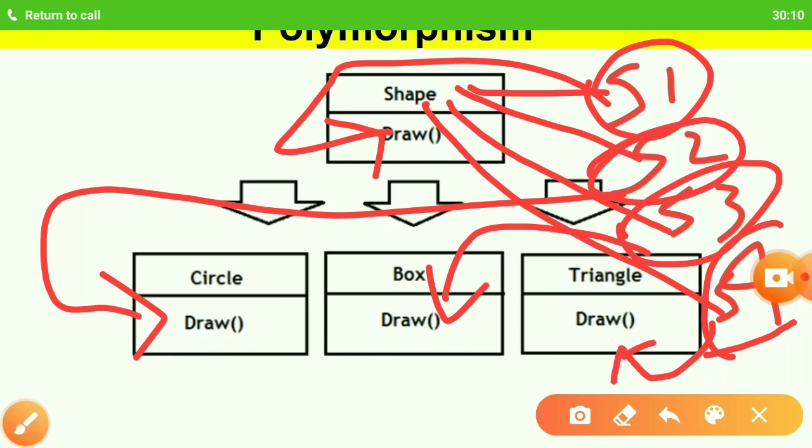So you can see that although all the objects S1, S2, S3, and S4 belong to the shape category, they are sometimes behaving as circle, sometimes as box, and sometimes as triangle. So isn't this what polymorphism is? That a single object can behave differently. Let's jump into the code and try to understand it in detail.